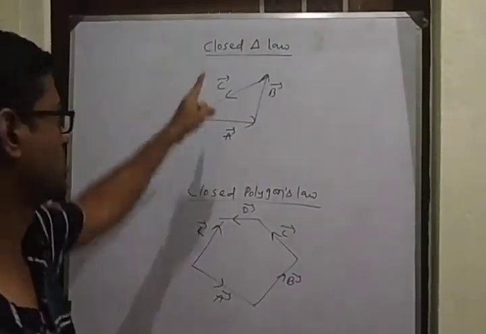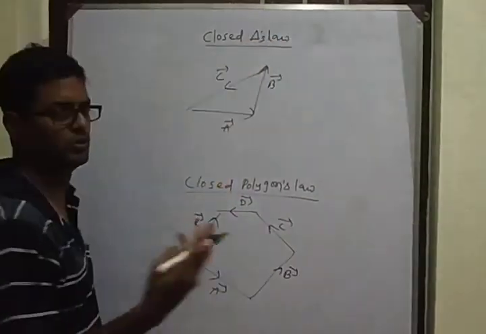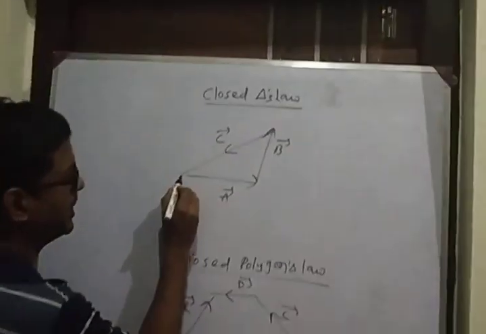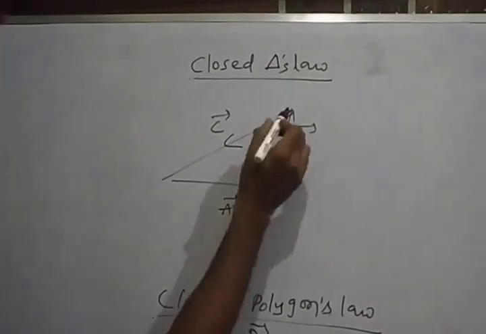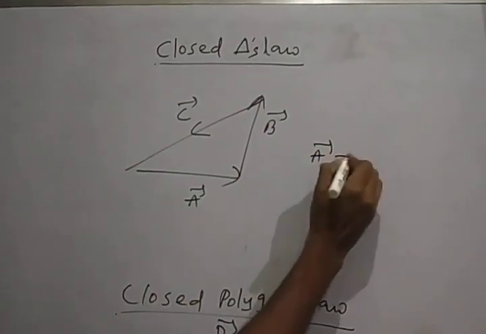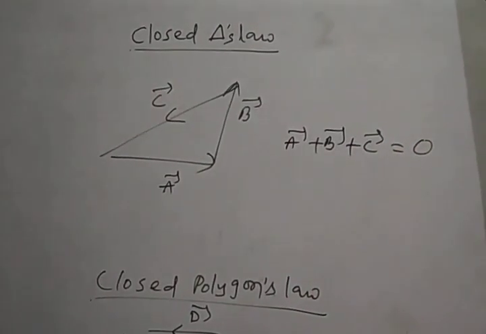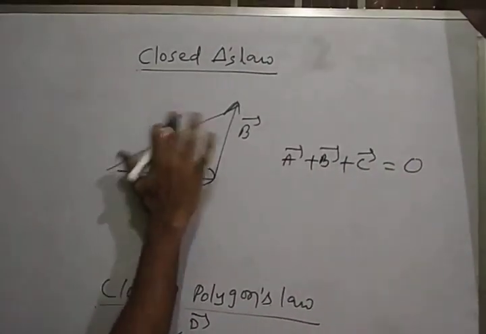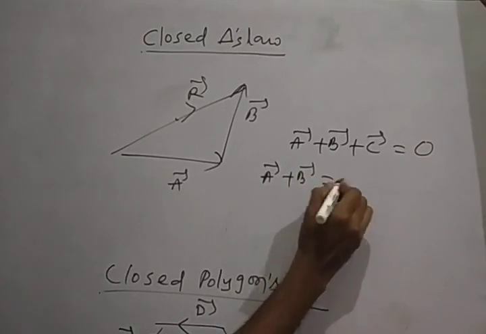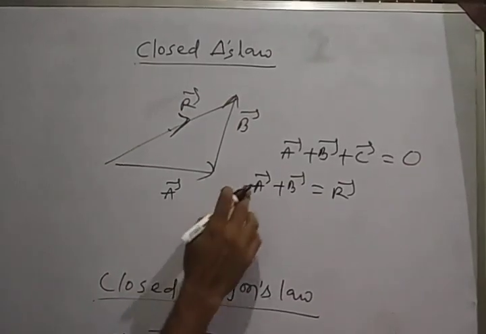So now I am going to discuss the closed triangle law, closed polygon law. They are all the same. But for a triangle we are using 3 sides, for a polygon we can use many sides. So it is very clear from the diagram, if 3 vectors are represented by 3 sides of a triangle, all taken in the same order, then the resultant will be 0. How is it coming? Okay, without drawing this C, let us take this R. From the triangle I can write A plus B vector equal to R vector, because A vector and B vector are in the same order, R vector is in opposite order. So A plus B equal to R.